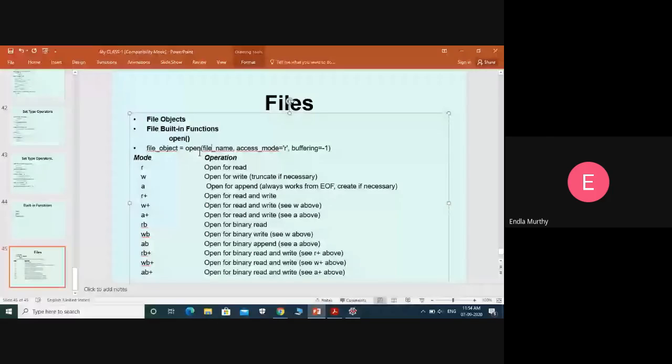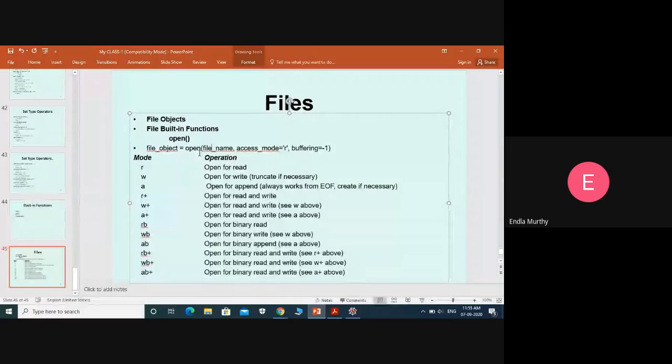The above modes are also text modes. Actually, we can write RT also, which is text mode, and it is acceptable. RT means text mode, RB means binary mode. While writing or reading, it reads and writes in binary mode; if you use text, then in text mode. The final results for the user may be the same, but reading and writing operations may be affected in binary mode or text mode. Similarly, RB, WB and AB are the binary modes.